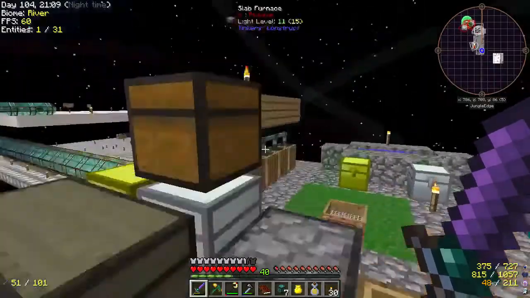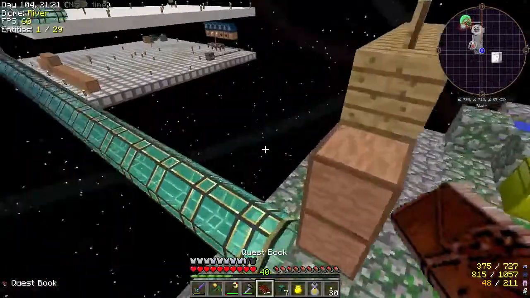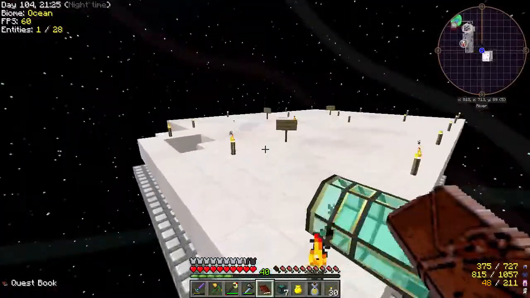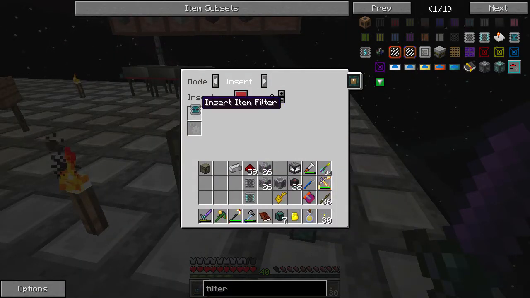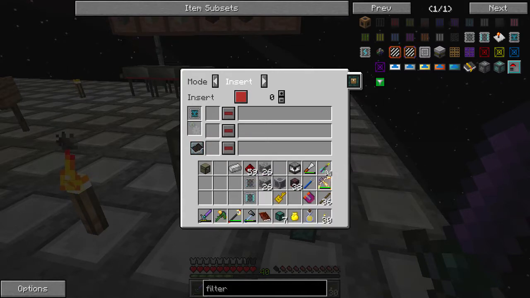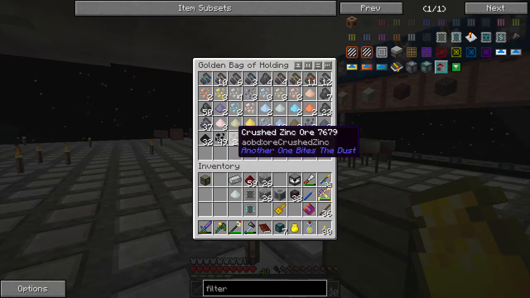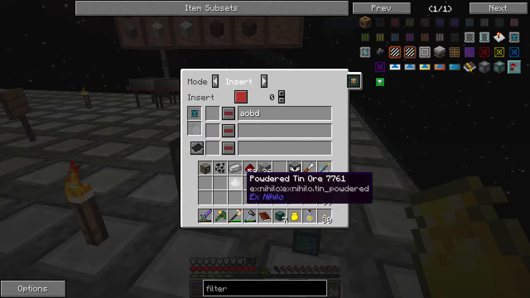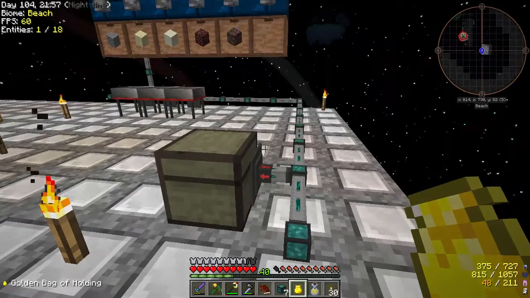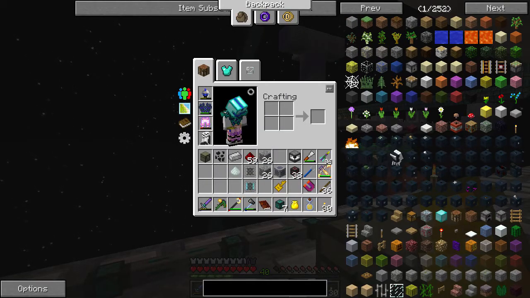So we have a couple different filters to choose from. We'll take all of them, because why not? And yeah, so let's just run over here and see what we can do. So what we're going to want is in this guy, we're going to tell it mod filter. We're going to blacklist anything from Nilo. And another one bites the dust. Cool. So anything that's sifted, anything that's not from those 2 mods will go into